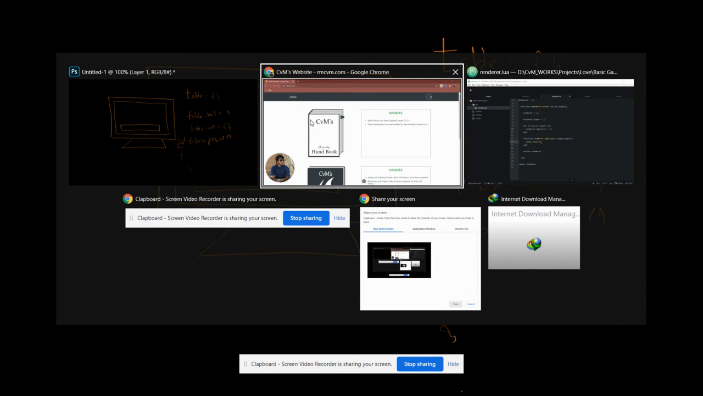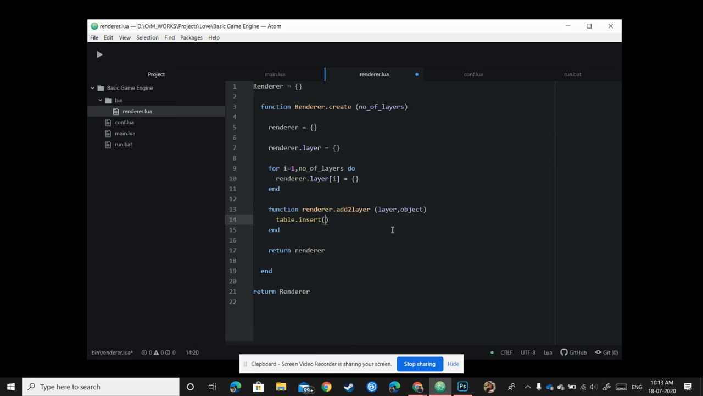So where is it? I'll be adding my table, which is renderer.layer of layer, comma, the object. Okay, now I added table.insert, layer of